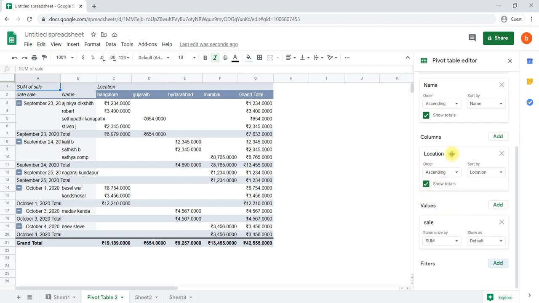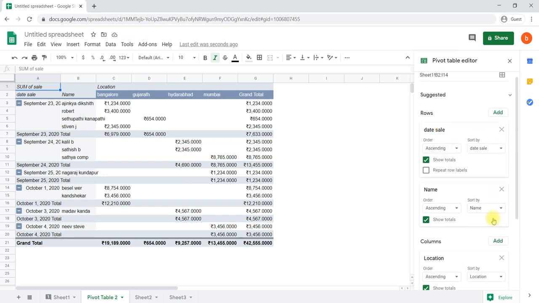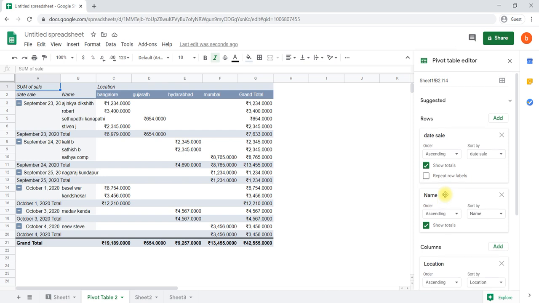You can close that particular field in a pivot table if it is not required. This is about inserting a pivot table, and a small analysis we have shown for the created data. One more thing is the slicer. We will show you how to add a slicer to the pivot table in the next video.